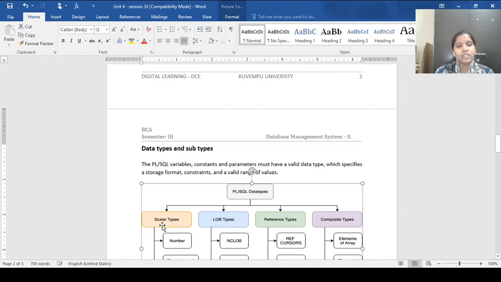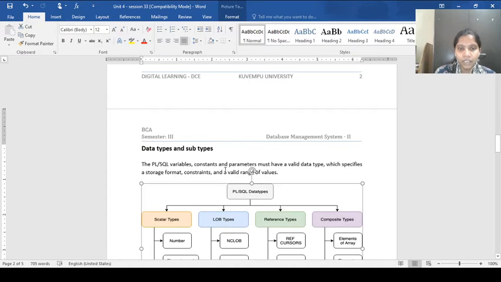So next concept is data types and subtypes. We already knew that data types are the programming construct that every programming language should contain. Data types are used to declare or define the variables, constants and other parameters.